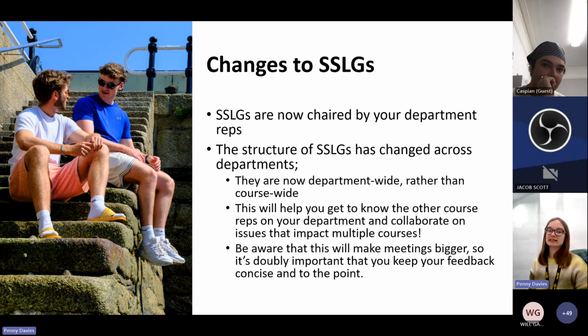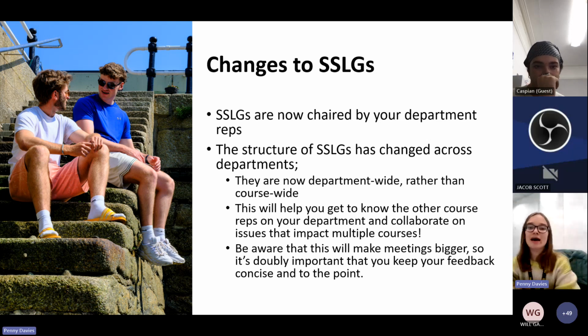So, changes to SSLGs that recurring reps may need to be made aware of. SSLGs are now chaired by your department reps. The structure of SSLGs also changed across departments. So SSLGs are now department-wide rather than course-wide. For some of you who've been reps before, your department may have been running SSLGs in big groups already with multiple courses.